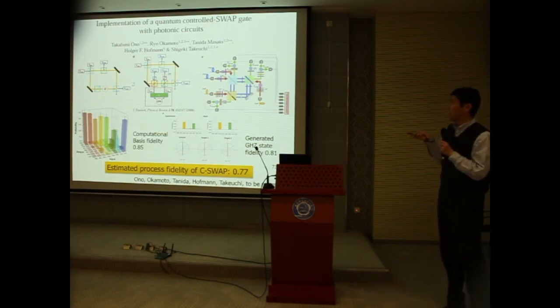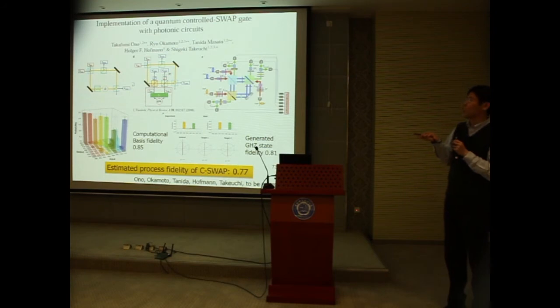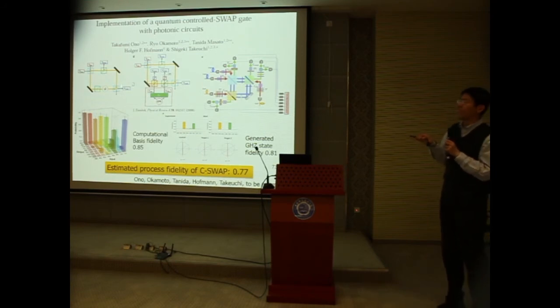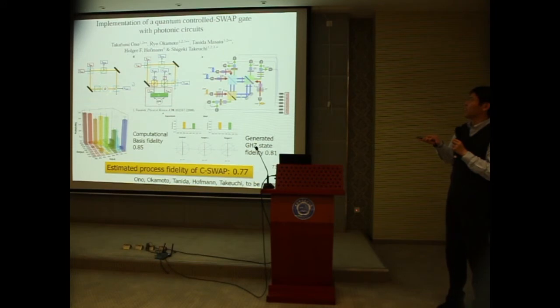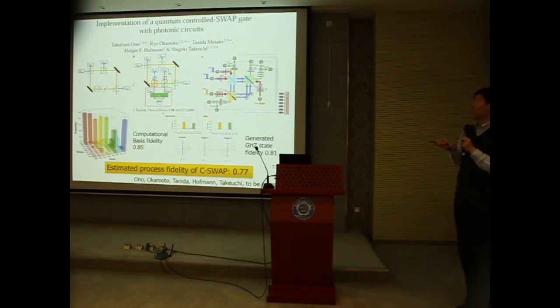some years ago. Actually, Fluorescence's group demonstrated a partial swap gate using this Manhattan interferometer setup, and he proposed to replace this pi. In his experiment, he put pi by putting some optical phase plates, but he proposed theoretically that if we could replace this one with controlled phase gates, we are able to perform controlled swap gate operation, and we